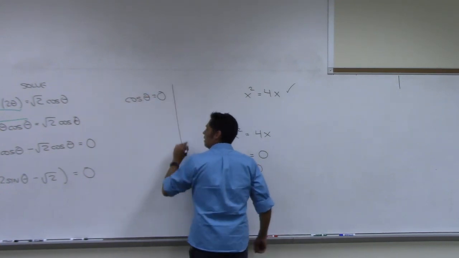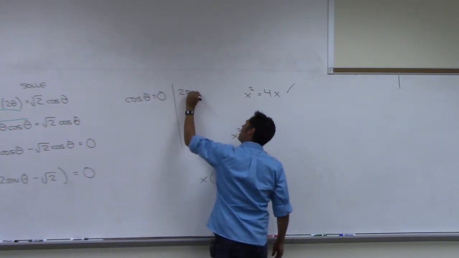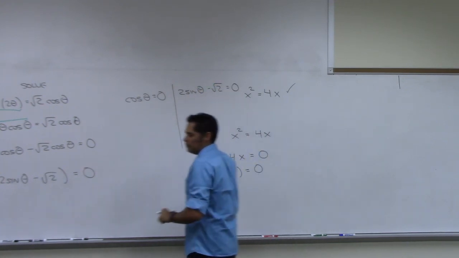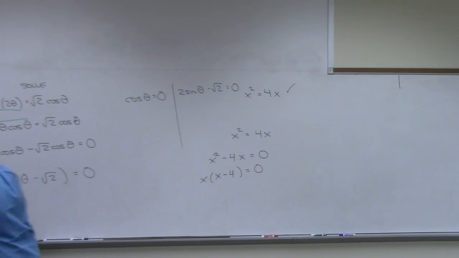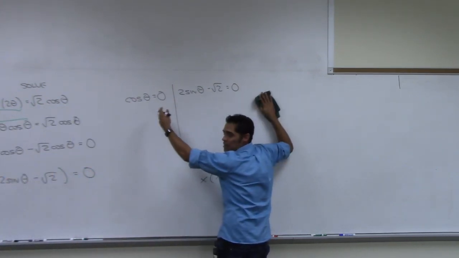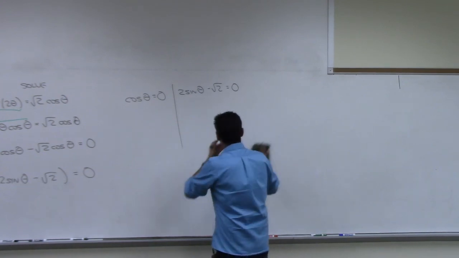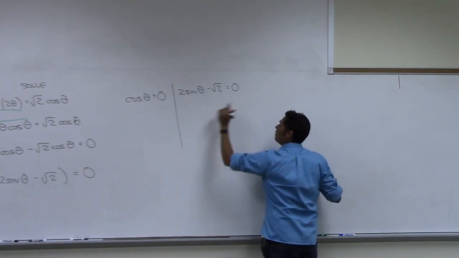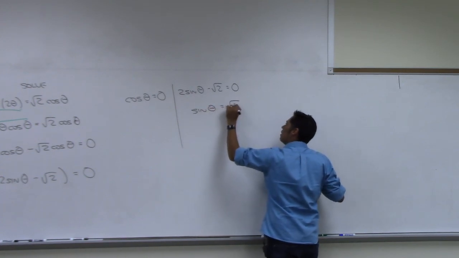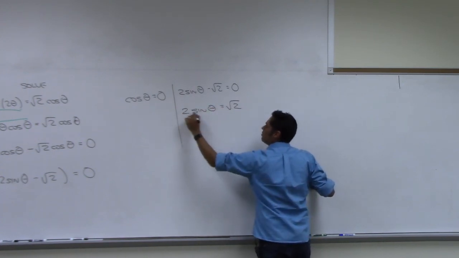And then the other one is 2 sine theta minus root 2 equals 0. The first equation, I think we're going to be okay with this, right? The second equation, move the root 2 over,